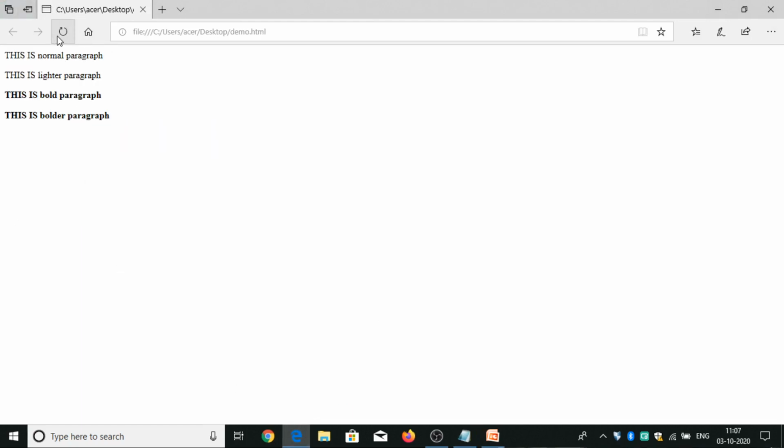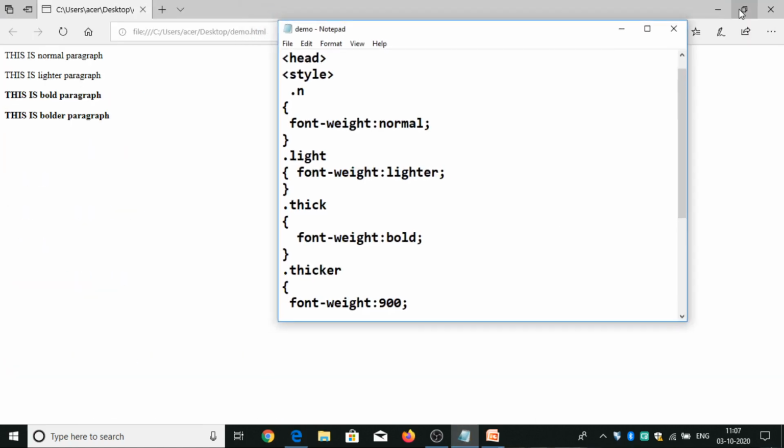This is the output of font weight with normal, lighter, bold and bolder. The text size is set to different weights. This is about font weight.